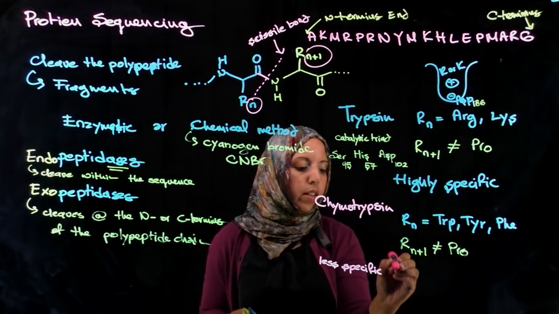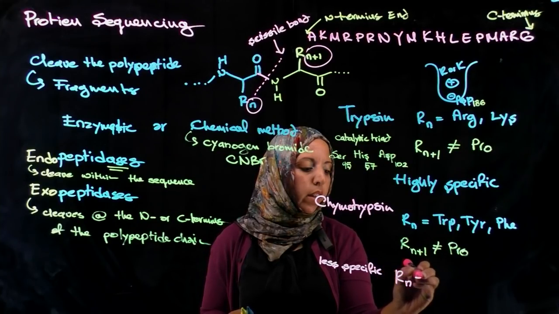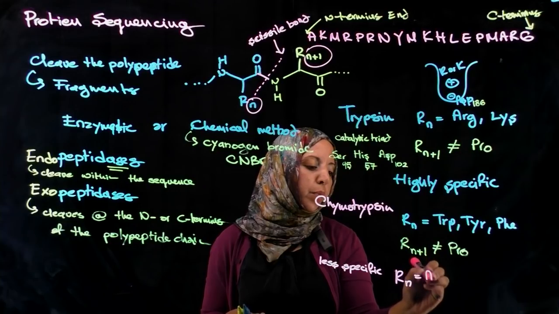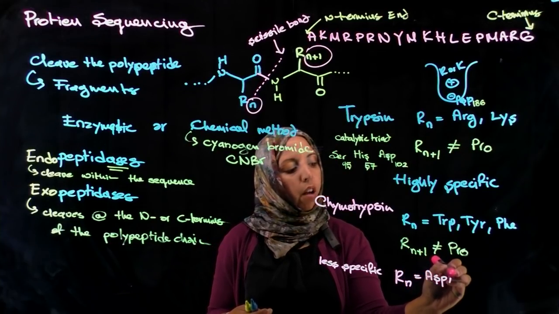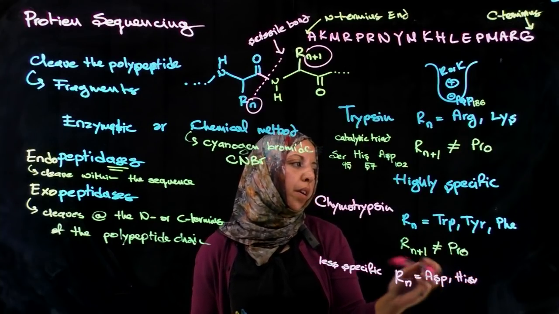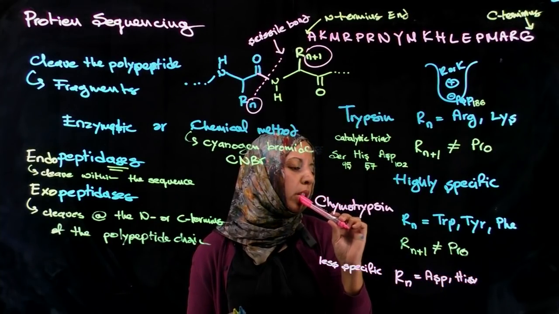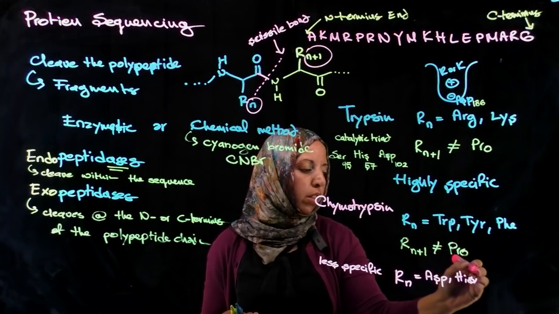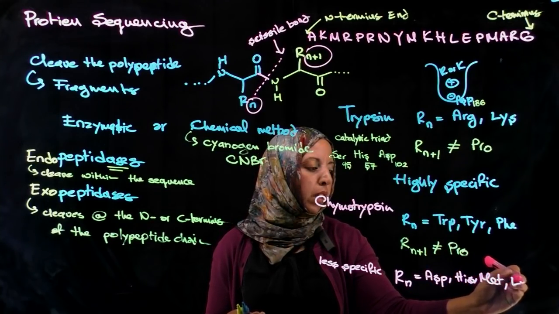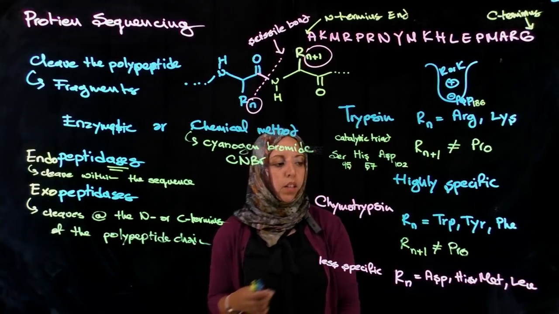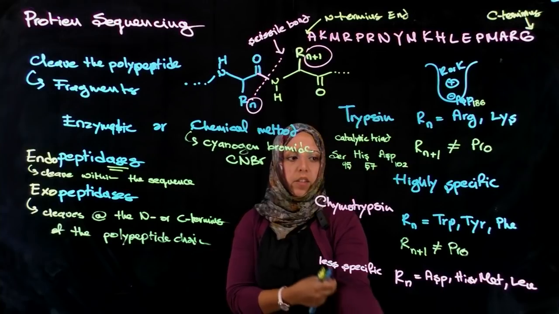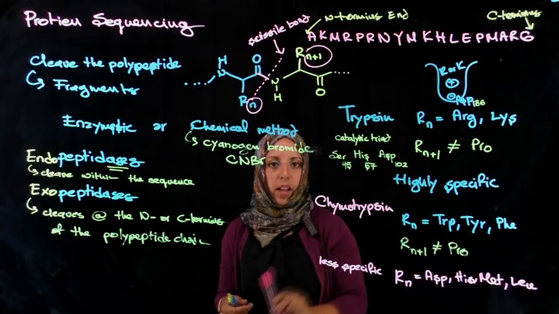It's less specific since Rn can also be aspartic acid. It could also be a histidine. It could also be methionine, and it could also be a leucine, right? So it's less specific. Mostly after aromatic side chains, tryptophan, tyrosine, phenylalanine,